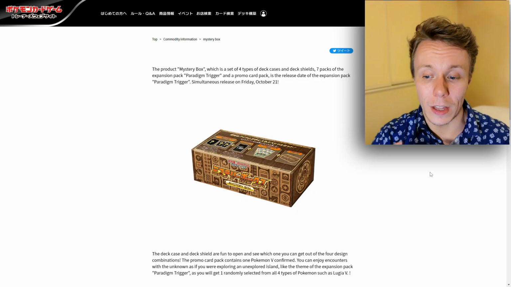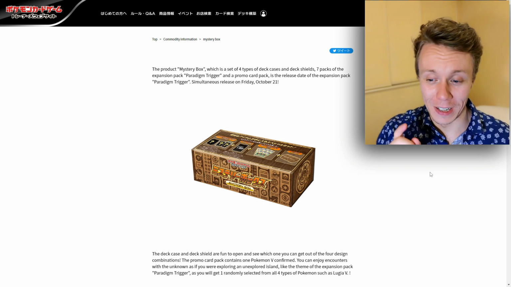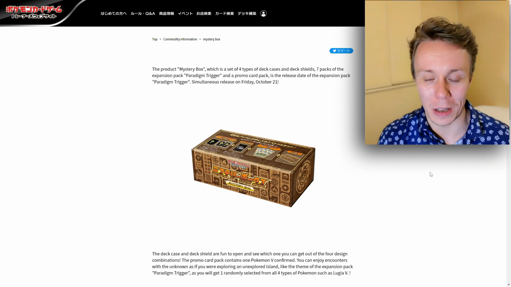Now there is one more thing to talk about that's coming out on the 21st, which is the mystery box. The mystery box is this thing here. This thing looks butt ugly. I think they should have put a lot more effort into designing this, because this looks awful. It's supposed to be a mystery box, so you're not really supposed to know what's coming inside of it. I understand that it's supposed to have the same theme as the Paradigm Trigger, kind of like the Lugia historical set,